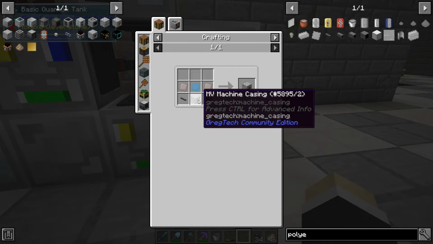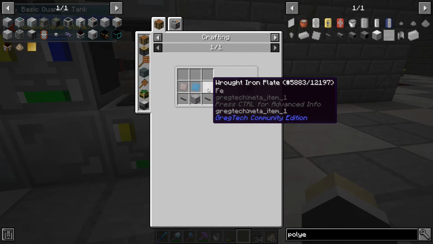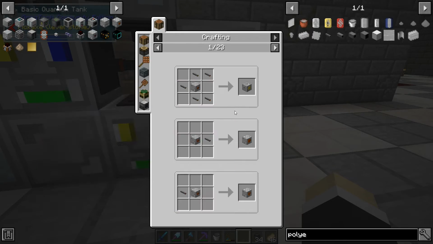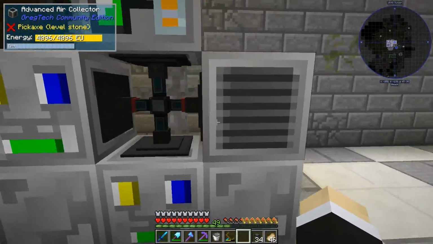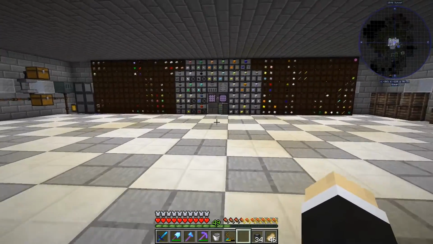I think I'm just going to use this. It's actually easier. Why would I use this? Like, I don't mind making those. They're a joke to make. I've got infinite aluminum. For the moment, I don't have infinite, well, I do have infinite polyethylene when I've got infinite of this. So this is pretty cool, but there's one more thing I want to do today,